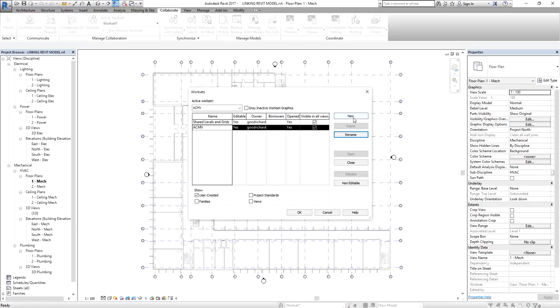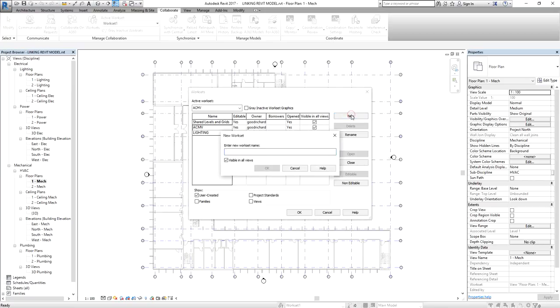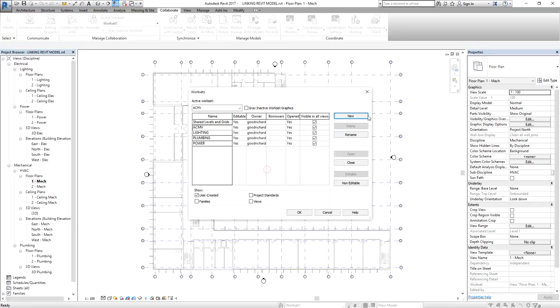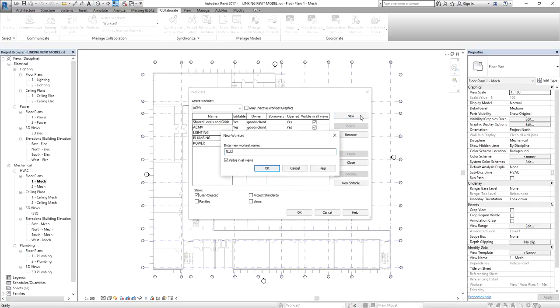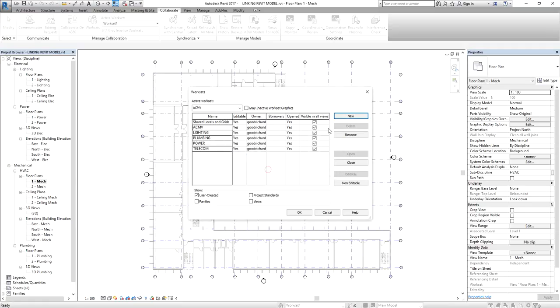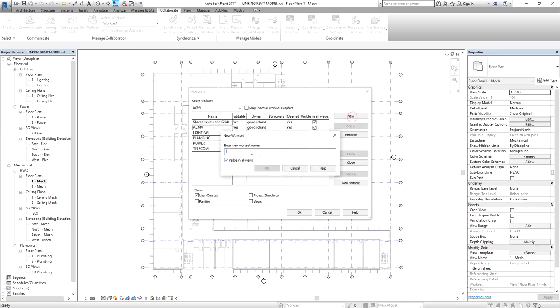So I'm going to create another work set, or in AutoCAD, you can call it layer. For example, this is for my lighting. Example, this is for the plumbing. What else? Power, telecom, and other services that you're doing in your M&E project. What else?